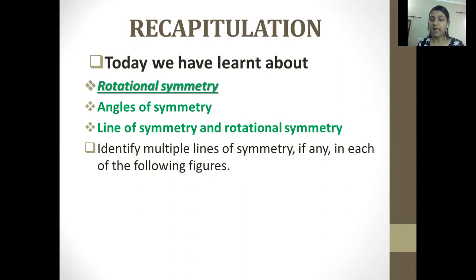And then we did the angles of symmetry. In that case we confirmed that the symmetry which is rotating makes angles in between as well. Then we also compared the line of symmetry and rotational symmetry. The line of symmetry we did in the previous class, how we can draw lines horizontally, vertically, and diagonally. And in the case of rotation, we compared whether the objects or alphabets making a line of symmetry also have rotational symmetry or not. We confirmed that in the case of O only, it is the alphabet which makes both the cases.